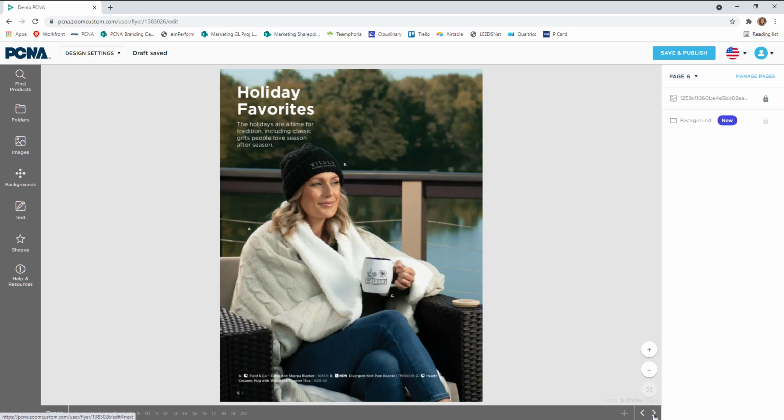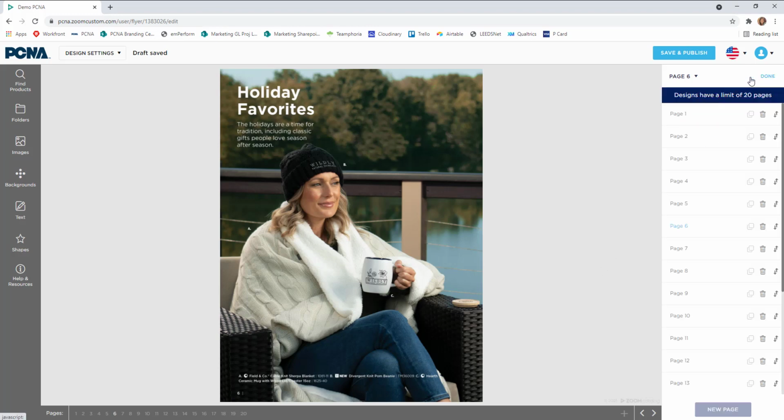So for example, if holiday favorites isn't an area that you think they'll be shopping in, you can easily remove this page by clicking the Manage Pages button up here in your upper right-hand corner, finding the page you're on, and clicking the trash can button. For the purpose of this demonstration, I'm going to leave all product pages in,